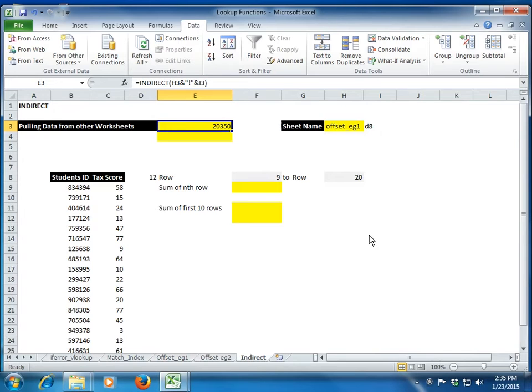Now let me explain where we apply this kind of indirect formula. Let's say you have a number of sheets in a work file, and you want to create a dashboard kind of table with reference to the sheet name and the cell number. You can first create a list of sheet names and cell numbers, and create a table. It will go refer to the sheet name, go refer to that cell number, and pull the data for you. A very basic application, but this is where we can use the indirect function so far. We have still not come to the real application.